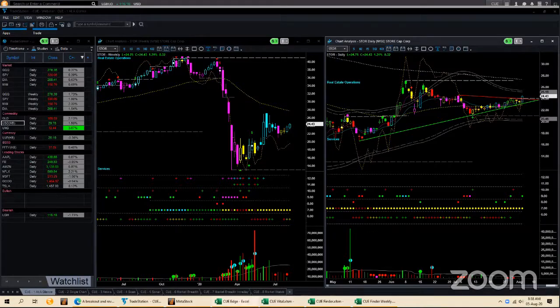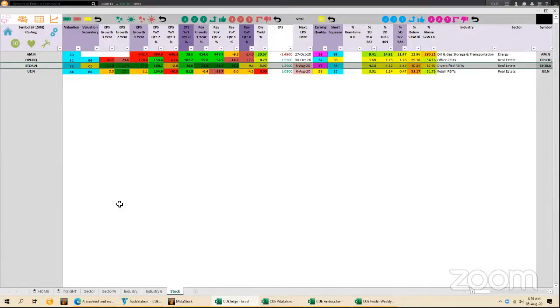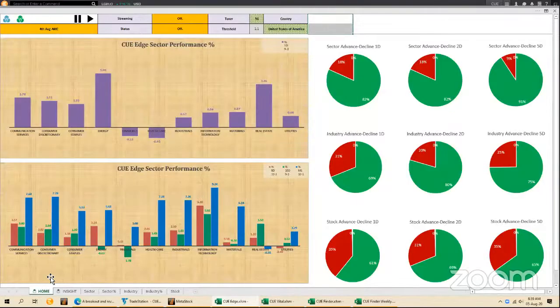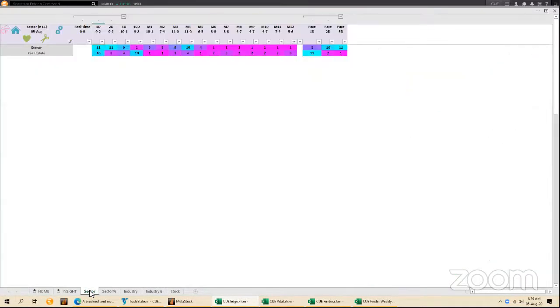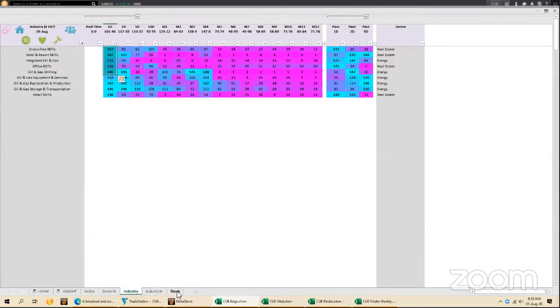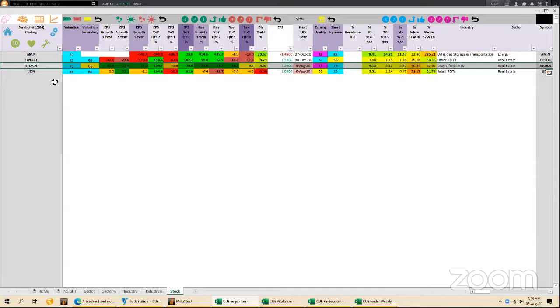That is how I used Q Edge to very quickly drill down from the home page to the strongest sectors, to the strongest industries in those sectors, to the best fundamental stocks, and find the trading opportunity. It took me only a couple of minutes, 1 or 2 minutes, to look through all these levels, and I took a long position. You can see here AM, also a stock that has great valuation and